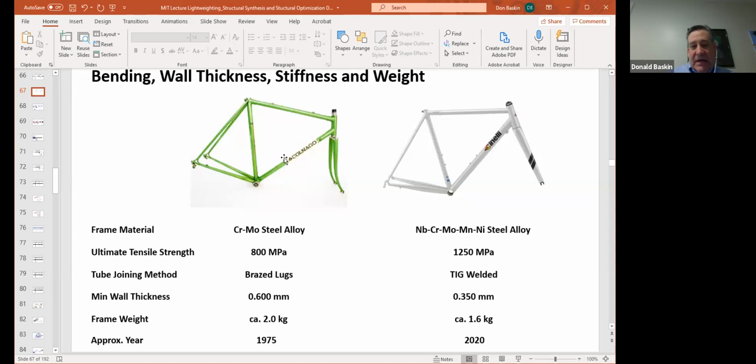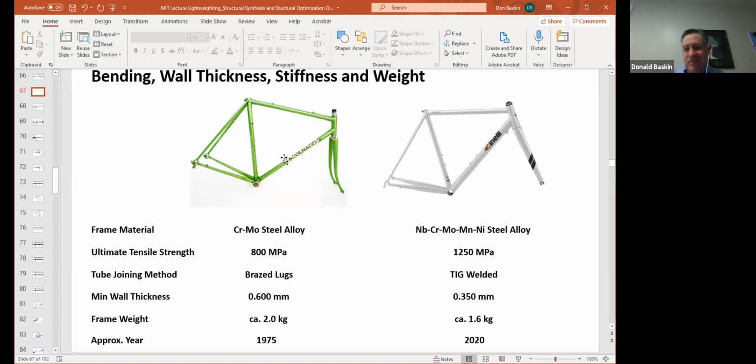We talked about these two different bicycle frames, the Colnago and the Cinelli, separated by 45 years. These two frames are both made of steel, but one is significantly lighter than the other. It's that way because it took advantage of not only new materials, but also geometry. They make this frame more structurally efficient by increasing the tube diameter and decreasing the wall thickness,